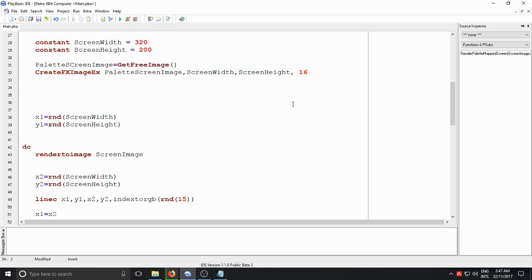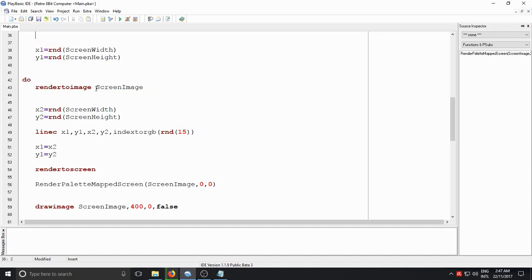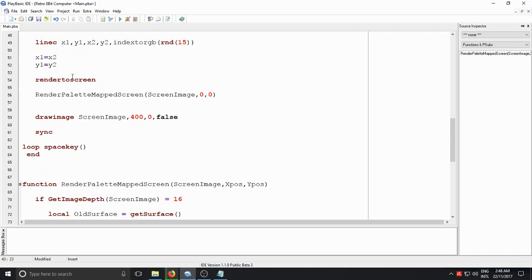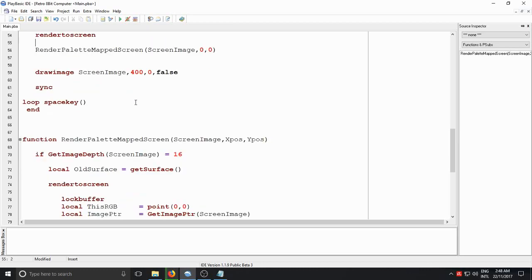We'll just go, FX screen or something like that equals new FX image, screen width, whoops, screen height. When we're drawing, we need to render to the palette screen, and when we render this palette screen here, we